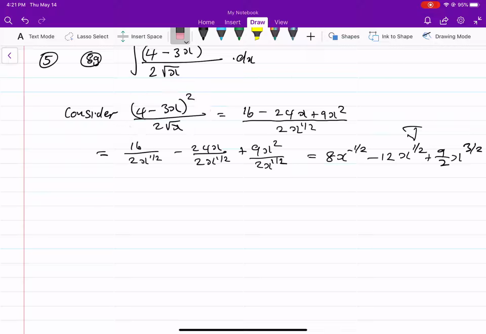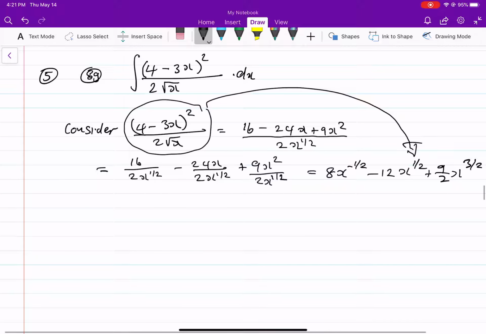Right, massage it to look like this guy here. So, if I go back now, I can say the integral of the original expression, which was 4 minus 3x all squared, all upon 2 root x dx, can now be written as the integral of the new expression,